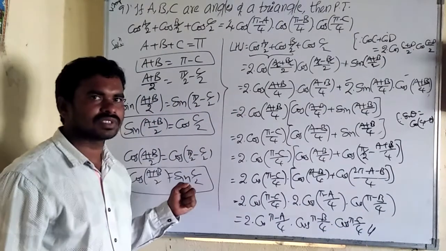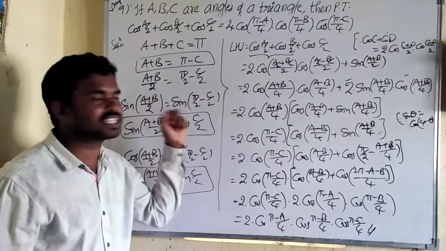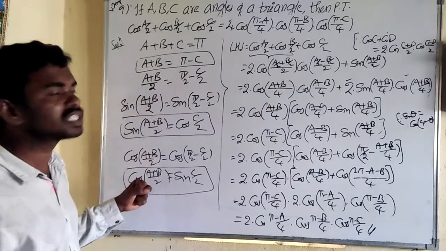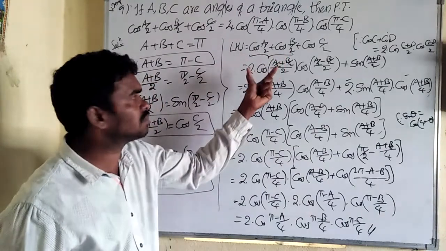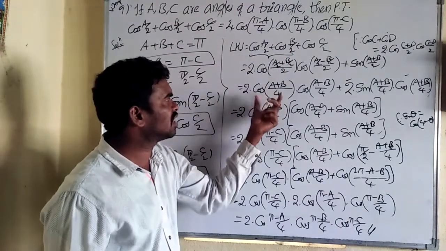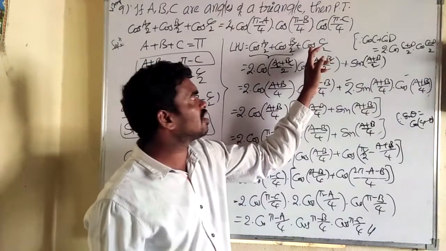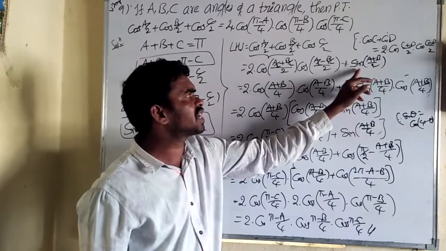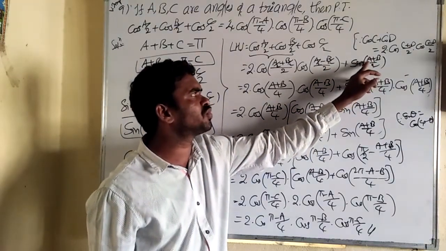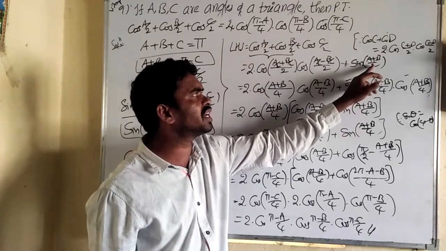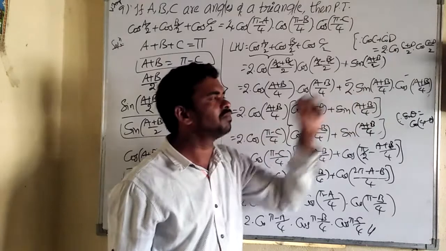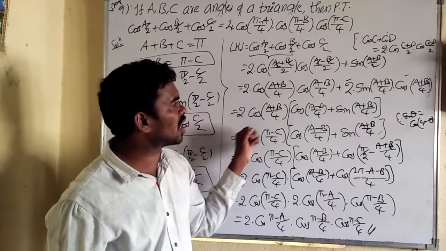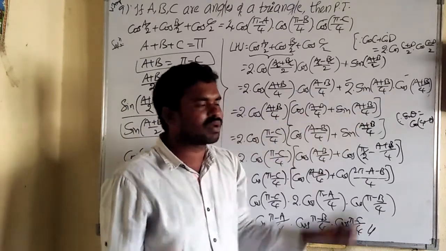Okay. See, once again a small explanation. First, take a plus b plus c equal to pi, send c to the right side, we get these two conditions. Next, take LHS: for the first two terms apply cos c plus cos d, we get this term, and after simplification we get this. In the last term, sin of c/2 is expressed as sin of (a plus b)/2. Next, sin of (a plus b)/2 we can consider as sin 2 into (a plus b)/4. So apply the sin 2 theta formula, 2 sin theta cos theta. Then take common. What is common in both terms? Cos of (a plus b)/4, 2 common. Remaining cos (a minus b)/4 plus sin (a plus b)/4 is there.